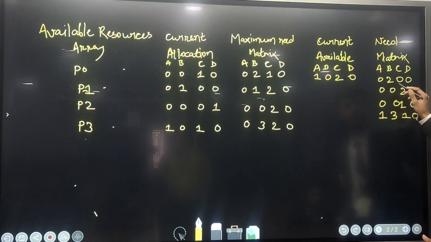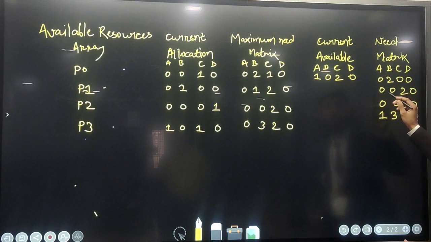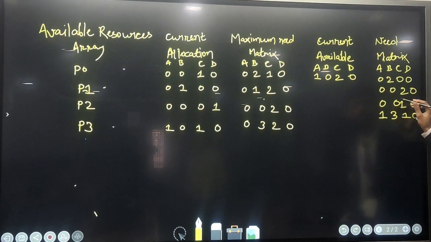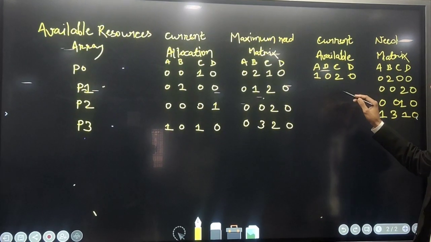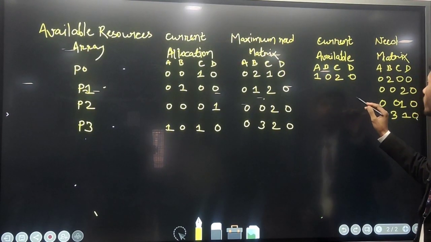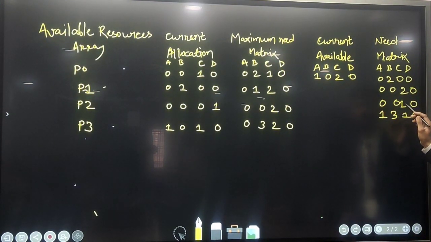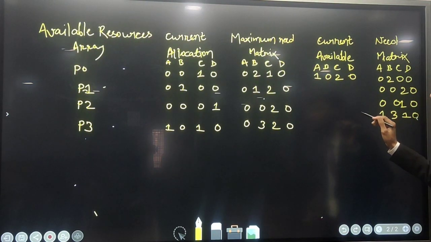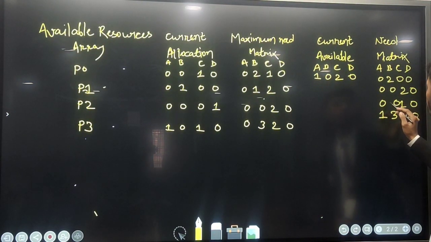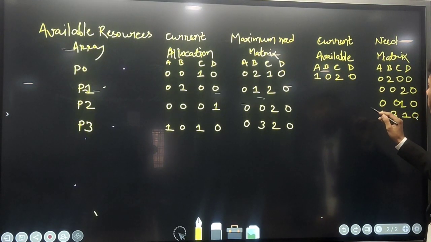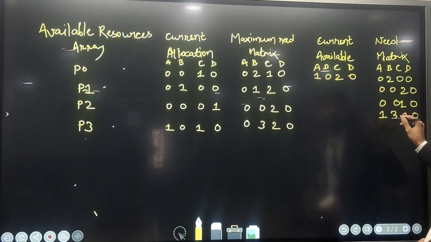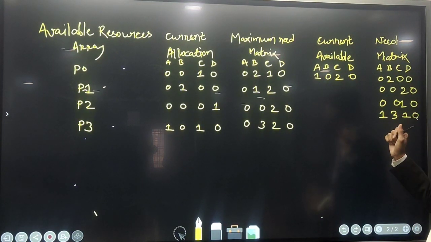Then the process P1 is waiting, and now we take process P1. Here we notice A is 0 and A is 0, and current available A is 1. Here the condition is also not satisfied. Then we take process P2. Here need matrix A is 0, here is 1. Also the example,